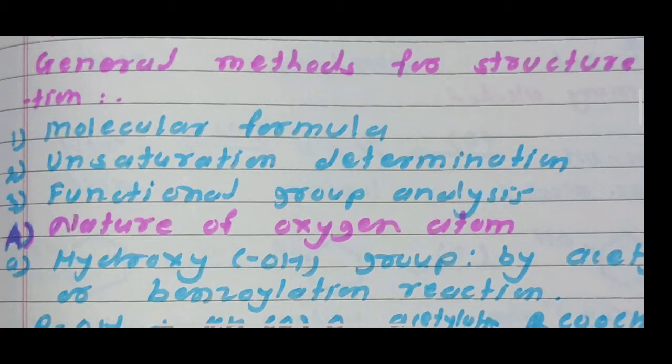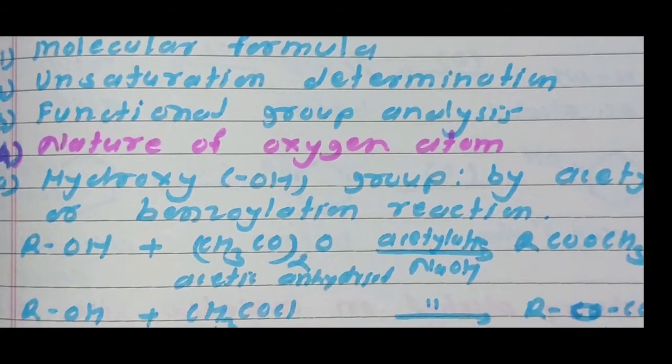Here alkaloid contains oxygen. It may be present in different functional groups. Each one of these forms can be detected as under. Means oxygen atom is present in the form of hydroxy group, ketonic group or carboxylic group or alkoxy group. Then further we study here hydroxy group. Here presence of OH group in an alkaloid is indicated by acetylation or benzylation reaction. I am showing the reaction here.